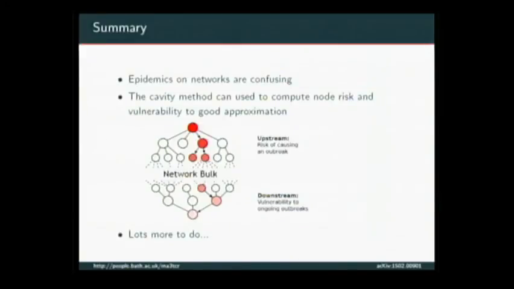So that's it, basically. So here's a summary. I'm at least confused about epidemics on networks, but this is good because it means there's more papers to write. I claim that this cavity method computes very good approximations to these quantities if you run simulations on a network versus solving these iteration equations. And the cartoon I use to try and understand these two different versions is, I think of upstream and downstream. So upstream being this kind of branching process of, do I manage to cause an outbreak? And downstream being, how many routes are there for the disease to reach me if this is the guy I'm worried about?